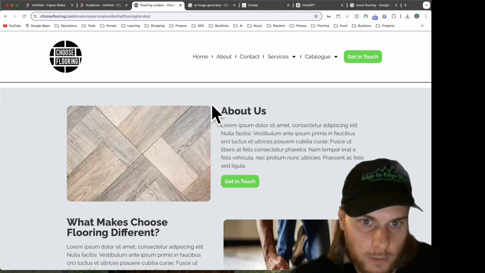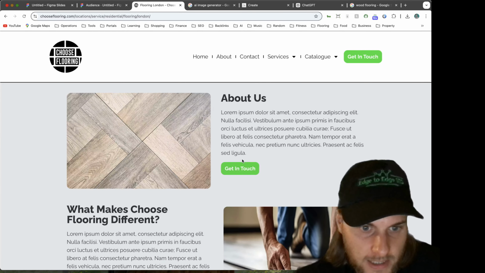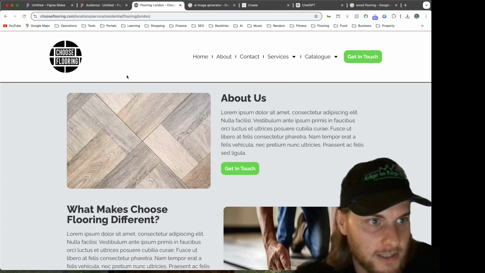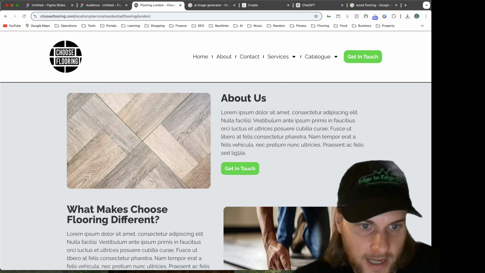And sometimes when you launch new sites, the web designers and developers accidentally leave these tags on there, and the business owner doesn't have a clue they're on there. They could be on there for years, and this page could never be indexed because it's got the no index tag on it.